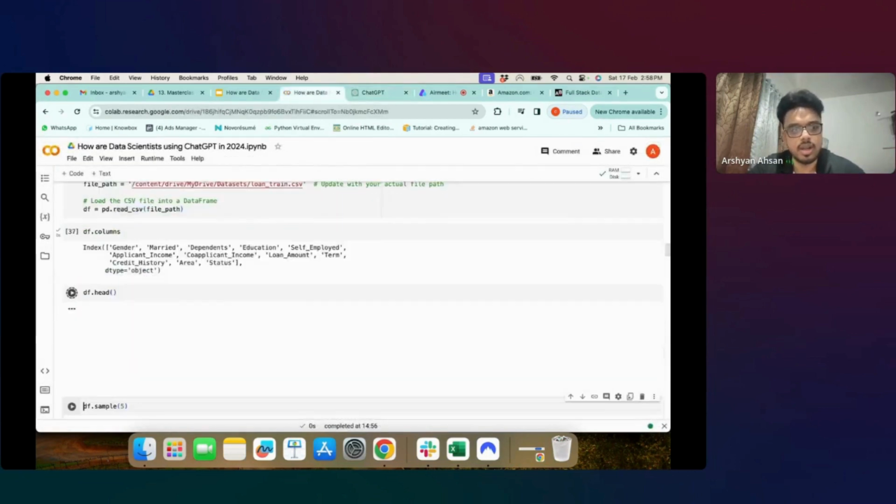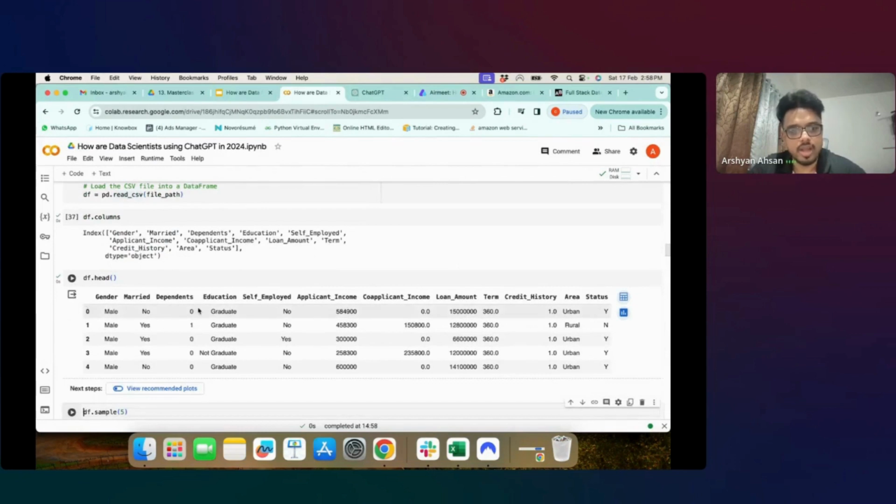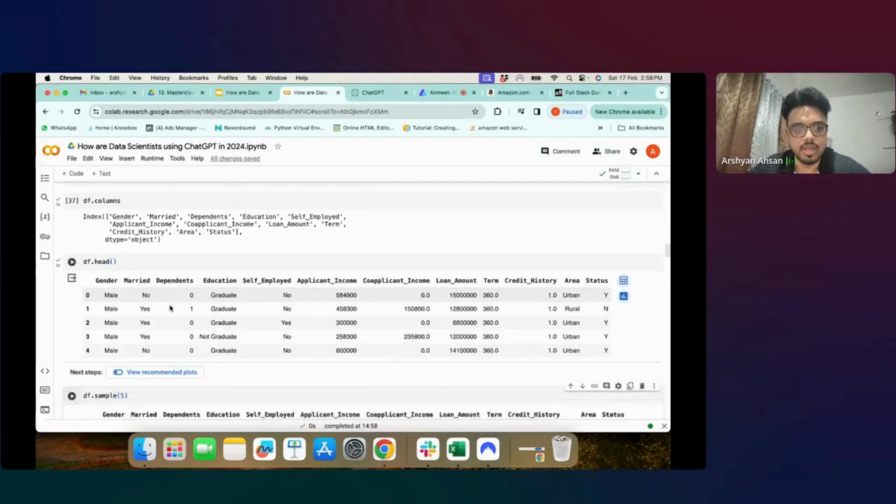ठीक है, df.head लिखा हमने and I'll just run this. So it showed me कि क्या मुझे दिखा, right? It showed me that these are my columns, gender, married. तो ये डेटा सेट मैं थोड़ा एक्सप्लेन कर देता हूँ. This data set is nothing but a loan data set in which we have some information of loan applicants, that उनका gender क्या है, they are married, not married, do they have any dependents, education background, self-employed, income, co-applicant income, and basis that there is a status which says that the loan was approved or rejected. ठीक है, ये डेटा सेट है, एज सिंपल एज दिस, राइट? एंड ईच रो रिप्रेजेंट्स वन लोन एप्लीकेंट, वन कस्टमर डेटा. सो ये मुझे दिख गया कि काफी सिंपल तरीके से हो सकता है.